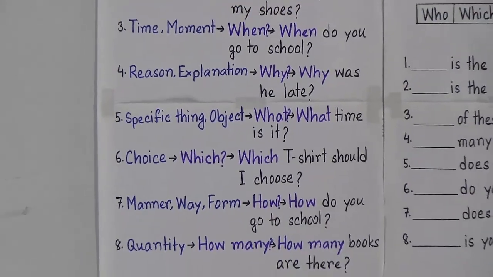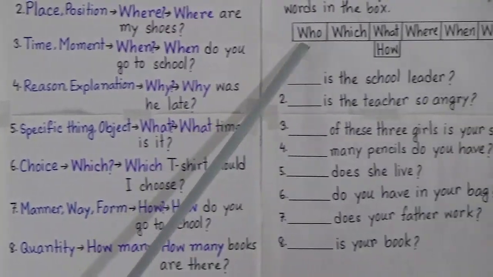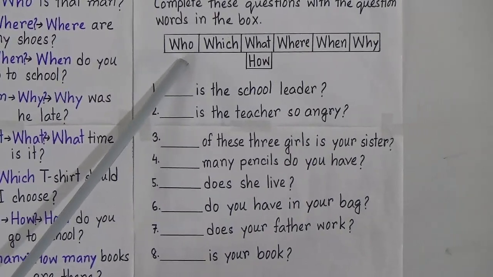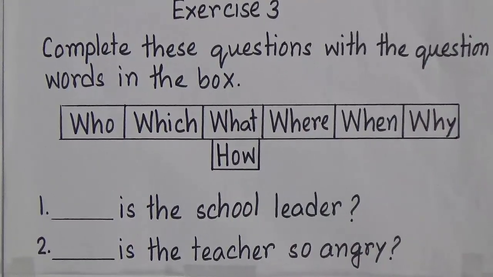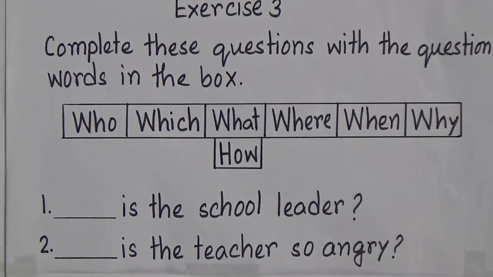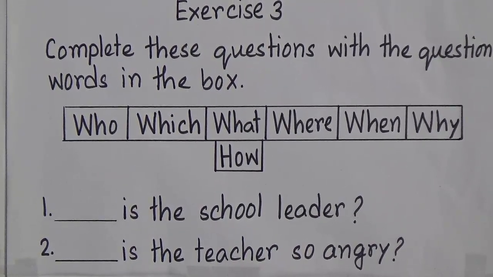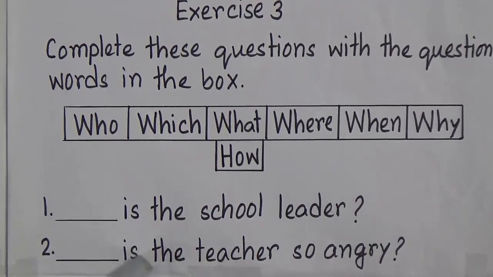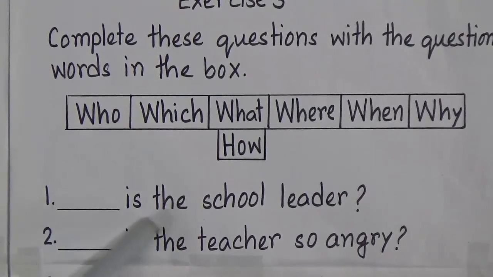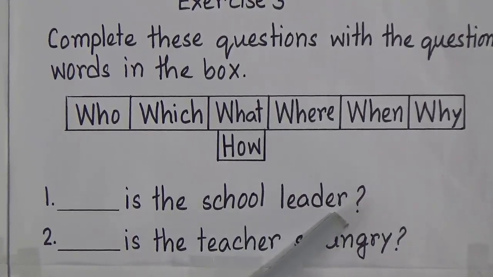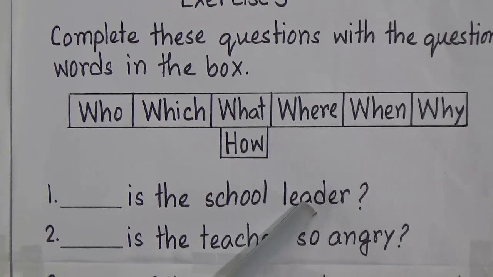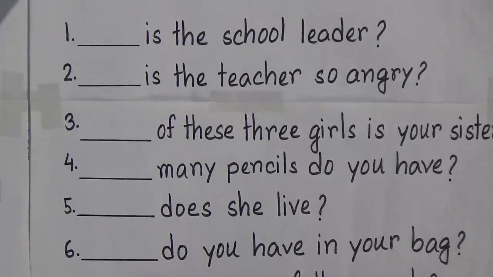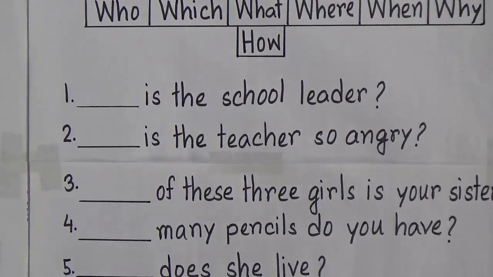So now let's do the exercise. Now what are our question words? Who, which, what, where, when, why, how. Let's read the sentences at first. Number 1, dash is the school leader. That means you want to know about the person. So what will you use? If you want to know about the person, we use